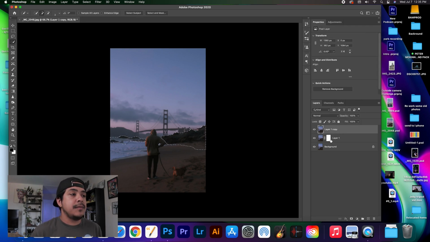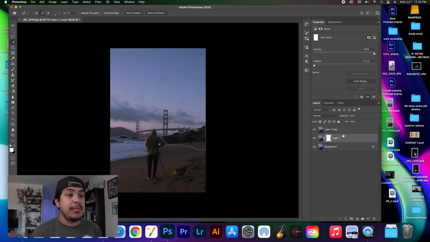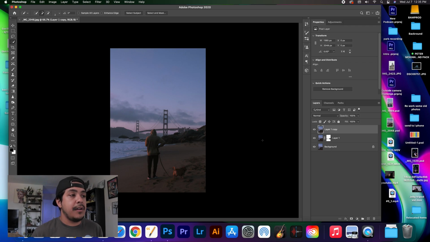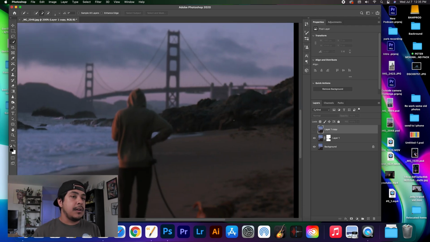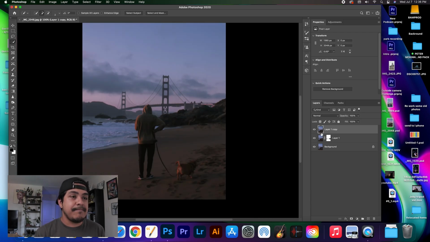And now let's turn that on. Now you can push Command X to let go of the selection so you can work on other stuff. And as you can see, you really can't tell there's too much of a blur on the photo. Well, now you can because my top layer is selected, but once you have the top layer, you see how it doesn't really apply to the rocks. It's more applying to the whole photo instead of the rocks. Well, that's just because